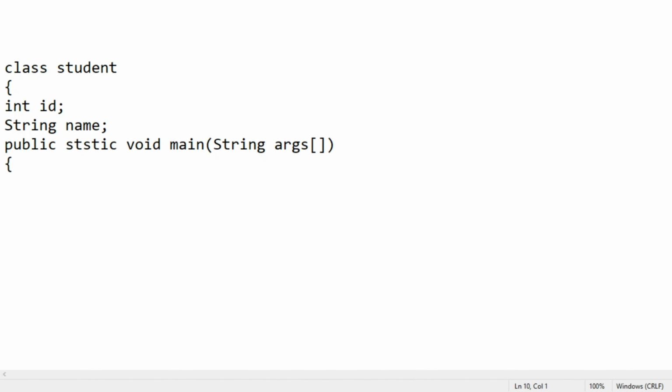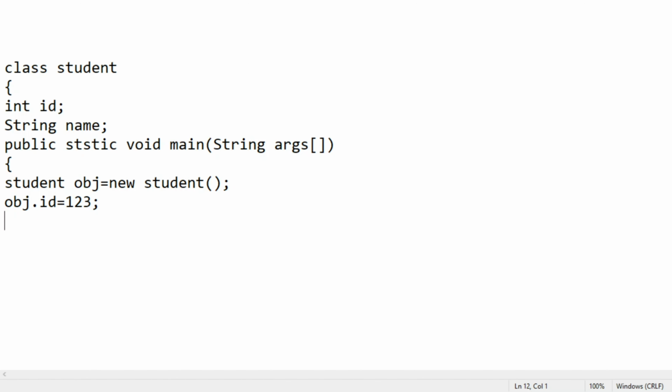I am creating a new object by using the class: Student obj = new Student(). Okay, so here I created an object, and by using this object I will assign these values to the class. obj.id = 123.